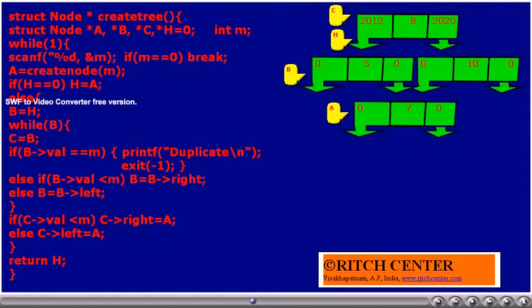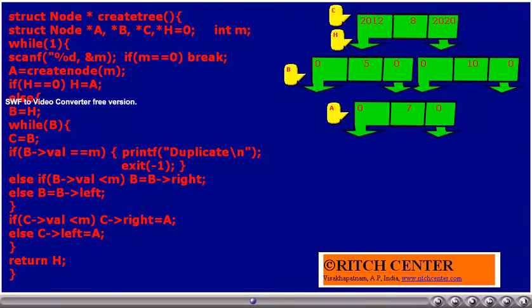Now again the while loop while B is executed. Currently B is true. The control goes into the while loop. The statement C is equal to B is executed. Thus, C now will be pointing to the node having number 5, rather, the node to which currently B is pointing. Now, if BRON, that is 5, m is 7, 5 is equal to 7?